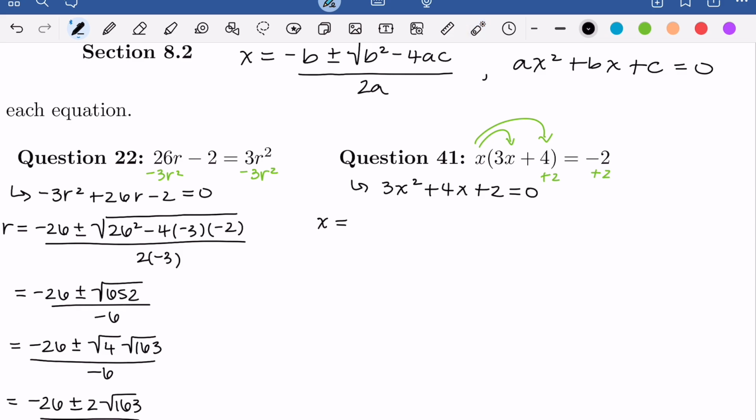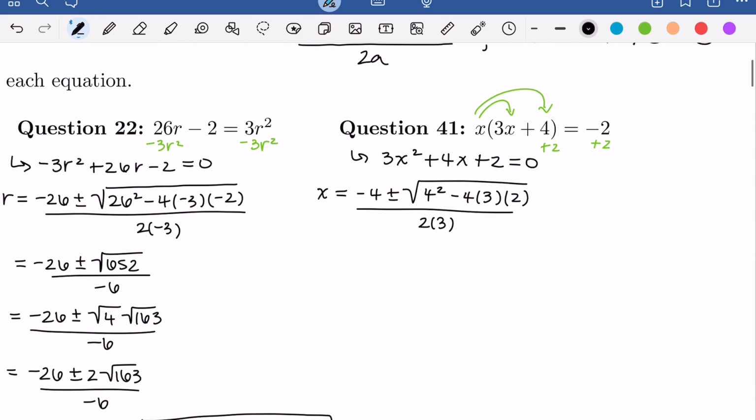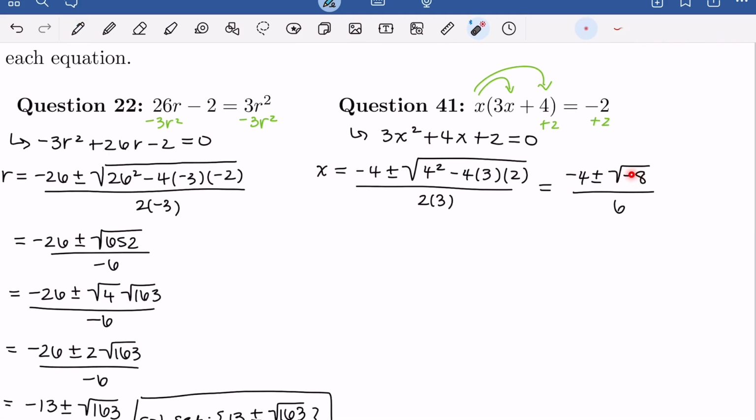We're going to plug in our information. We're going to have opposite b, so minus 4, plus or minus the square root of b squared minus 4 times a times c, all over 2 times a. So from here, under our radical, we're going to have the square root of negative 8, divided by 6. Notice we have the square root of a negative number,